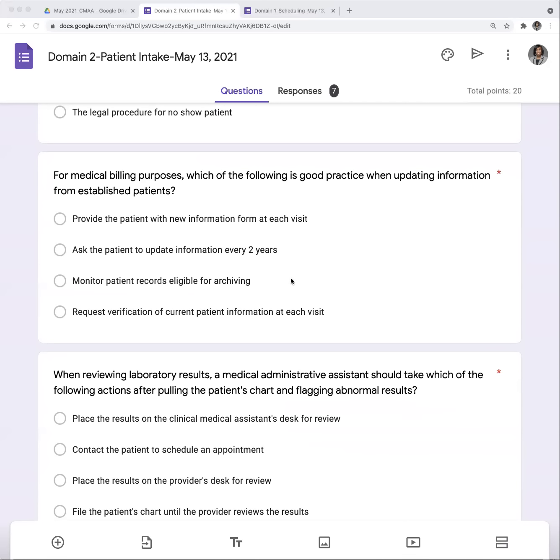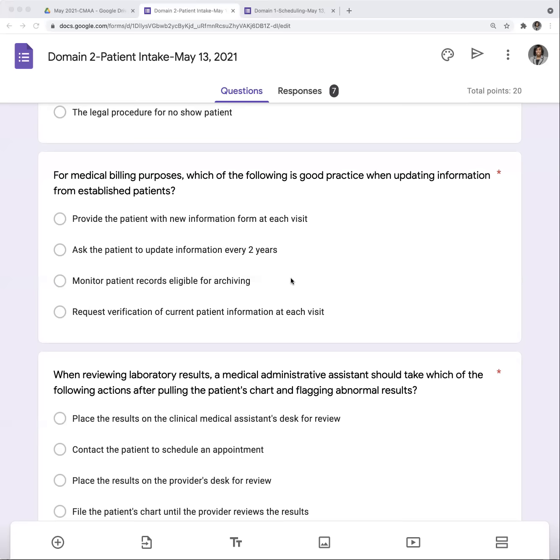Request verification of current information. Yep. I'm sorry, I was reading it and thinking, wait a minute, am I right? So the last one. Yeah, so you want to make sure for each and every visit